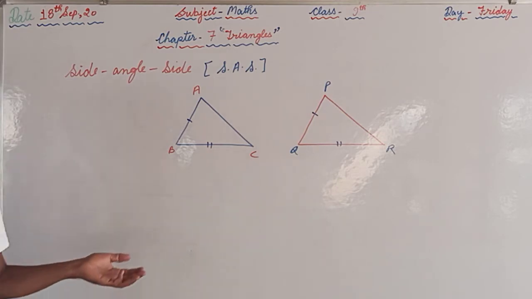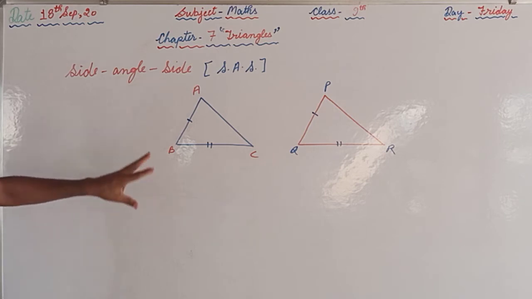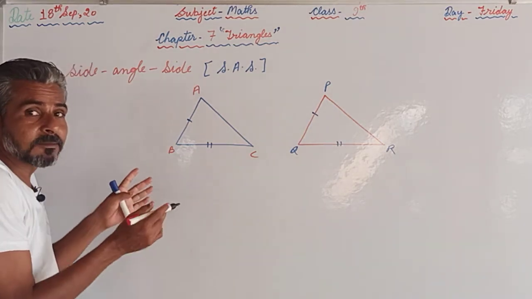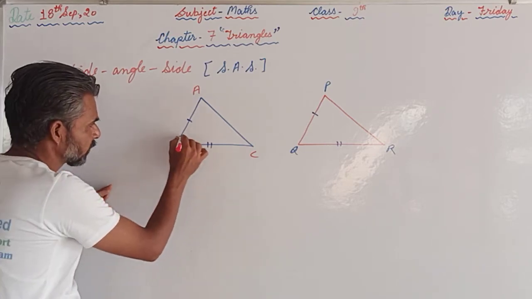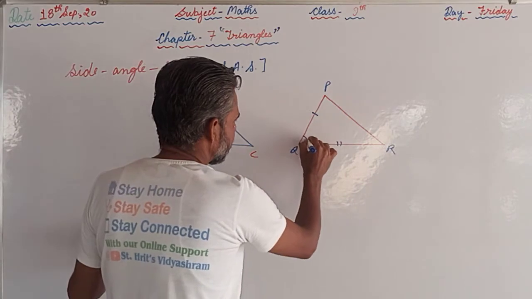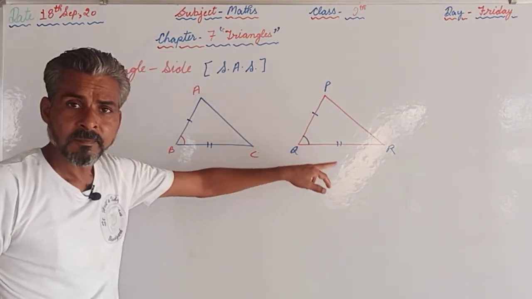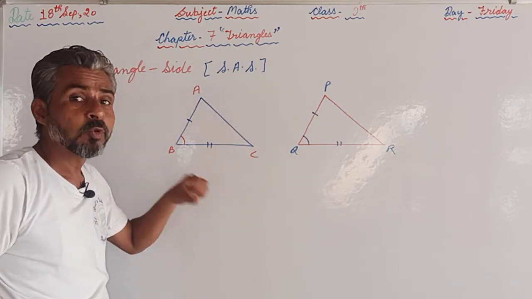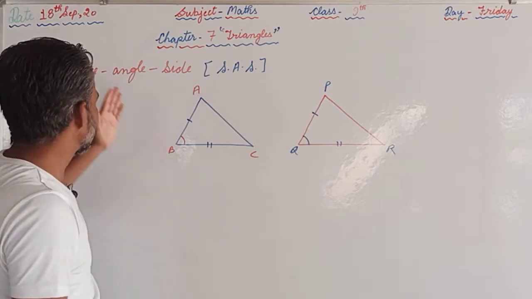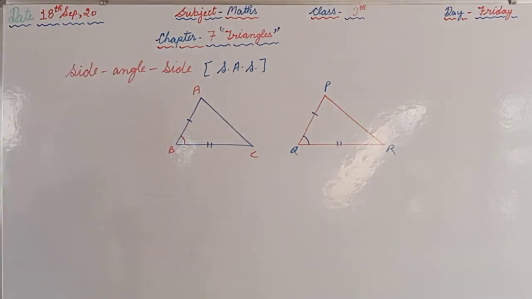In the previous case, all the three sides were equal, all the three corresponding sides were equal. Here only two sides are equal. Then the including angle means angle subtended by these two sides. Which one? This one should be equals to this. If two sides are equal and their including angle is also equal, then we can say that triangles are congruent by the criteria side angle side. So this was the second criteria.